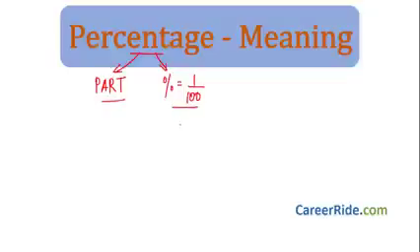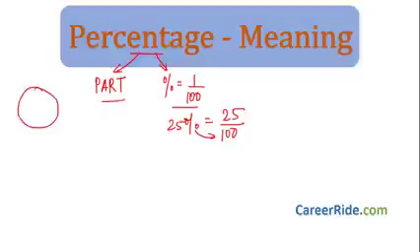So if someone says this is 25%, it would simply be 25 divided by 100. This percentage symbol means divide by 100. And what do we mean by percentage means part? For example, this is a biscuit, a whole biscuit, an entire biscuit. If someone says give me, say, 30% of the biscuit, you'll remove some part and give it to the other person. So a part of the whole is nothing but a percentage of the whole.